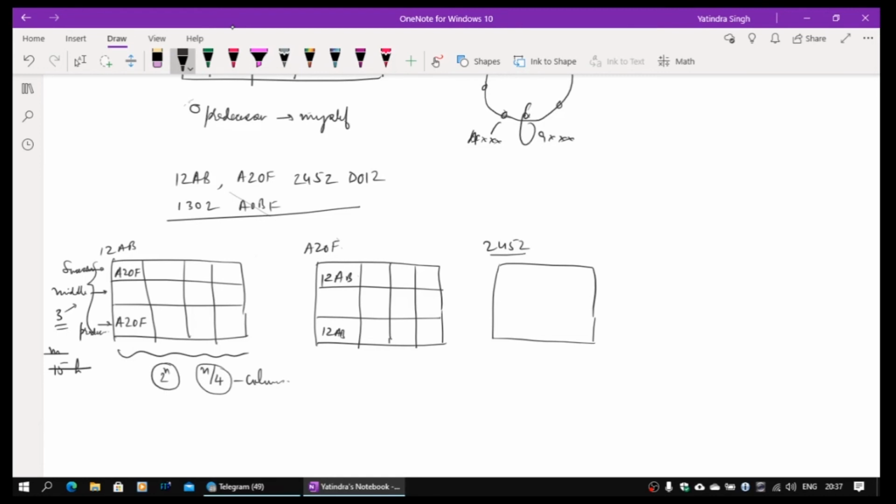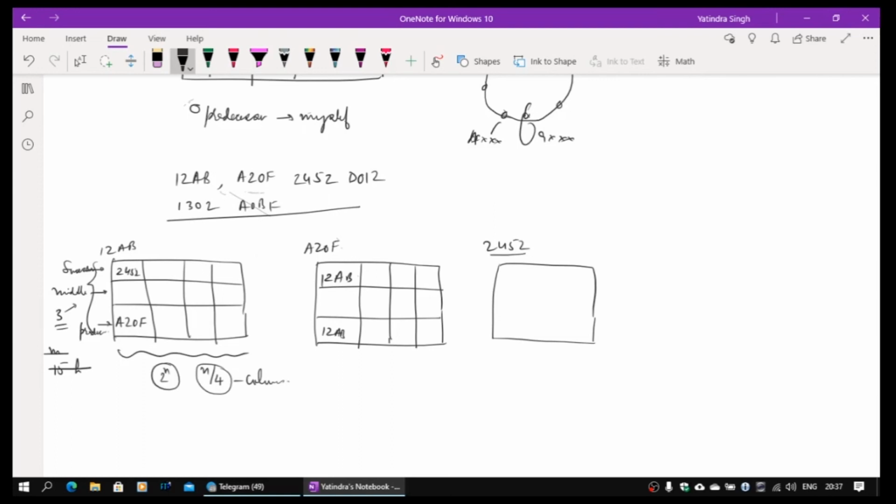So this guy will be removed. And once this is removed, I will now make an entry which is going to be 2452. This A20F will remain as predecessor because 2 cannot come after A. After A there is 1, so there is no middle entry which is coming. If it comes, we will replace that.